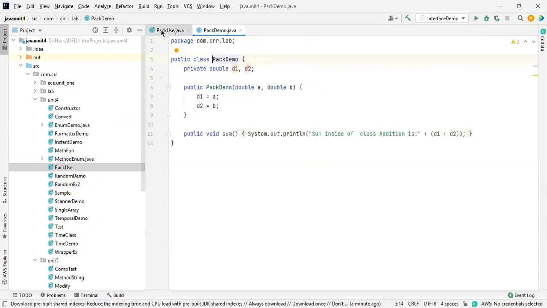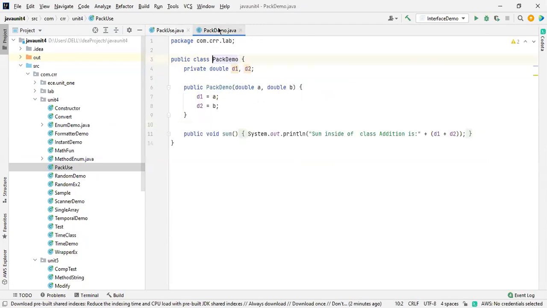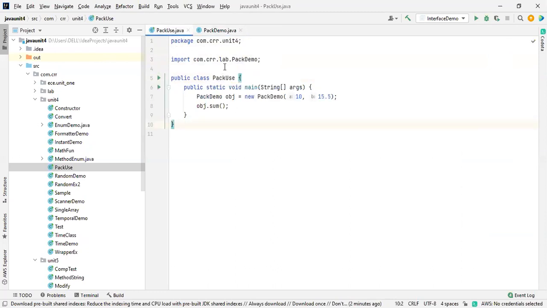It is available inside my laptop. See this one. When I create any package, here I mentioned the package com.crr.lab. If I want to use this program, what I need to do is import it by using the folder names.